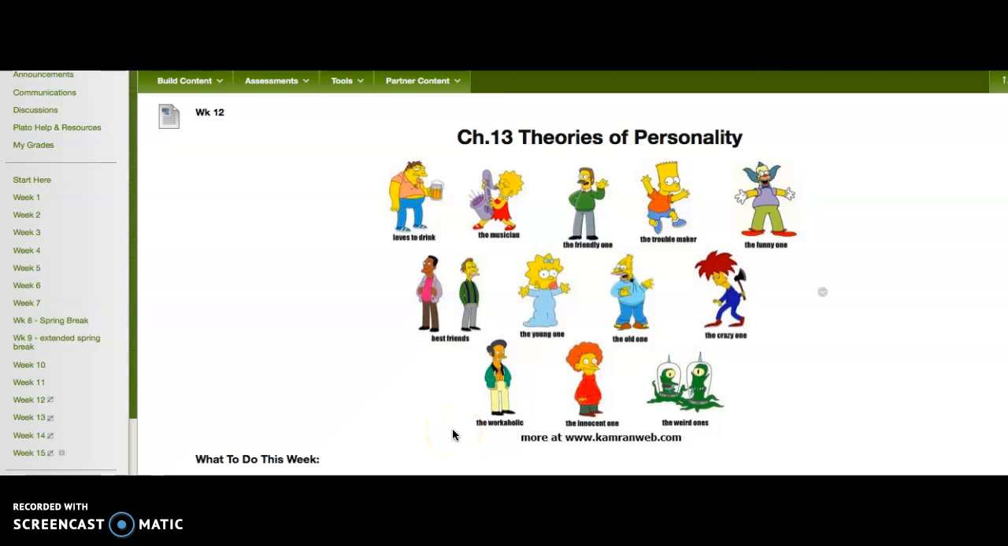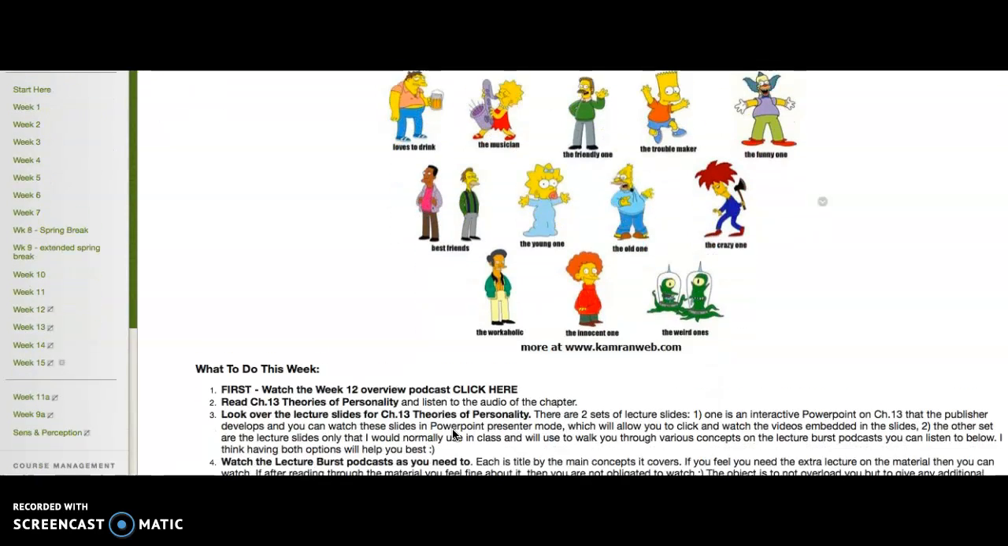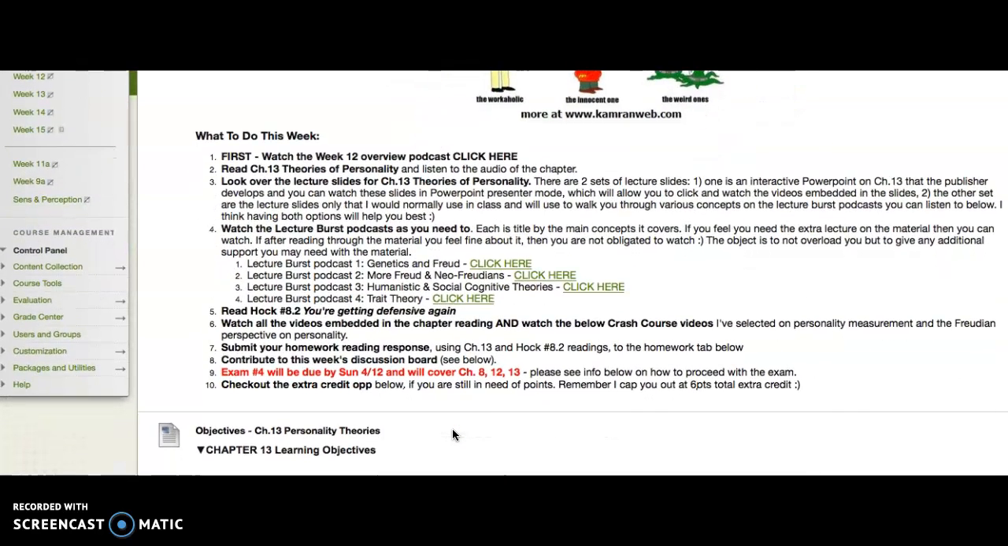So this is the overview for week 12. We'll be covering chapter 13, Theories of Personality. And I've put a to-do list here for you all, which involves first watching this podcast. Great start, guys. And then next reading the chapter, potentially also listening to the audio of the chapter, looking over